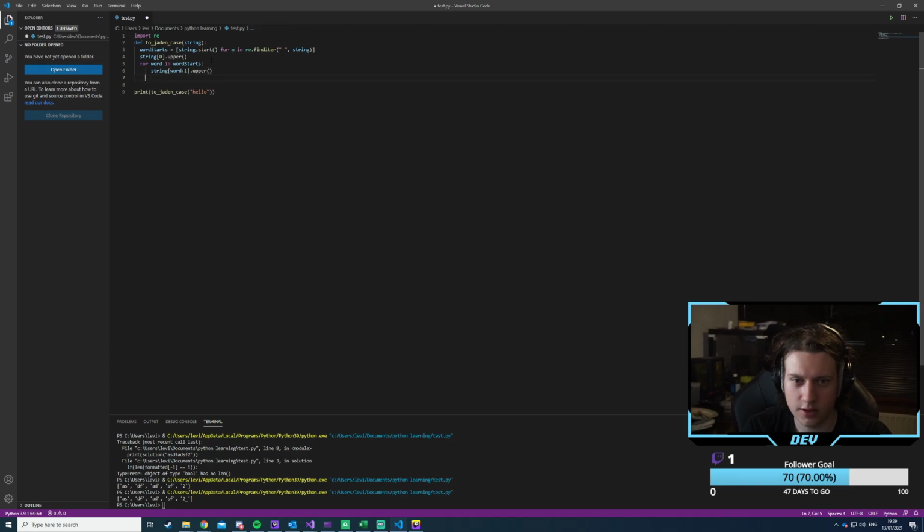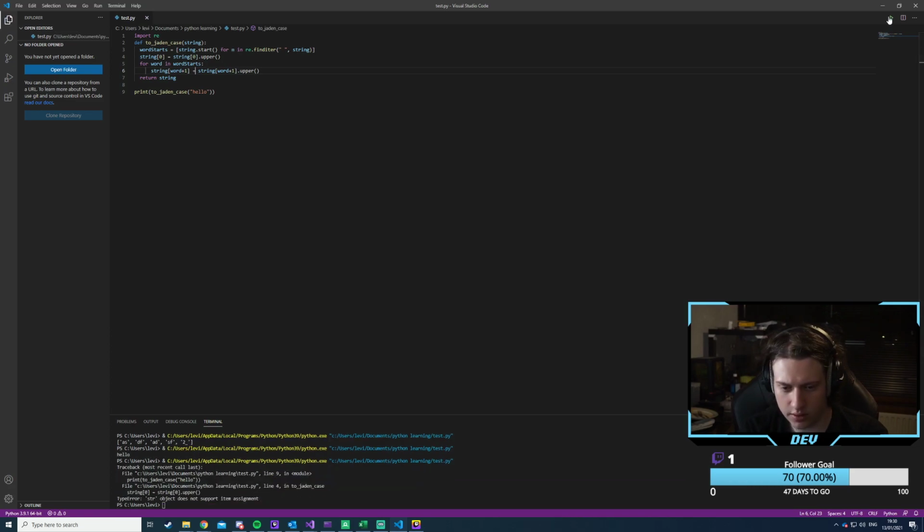Right, and then we have this, return string. And it's still not happy with the spacing. Oh, yeah, there we go. It's now finally correct. Okay. And then it doesn't work. Oh, but we can just say string 0 is equal to this. And then we say this is equal to this, right? And that should be fine.